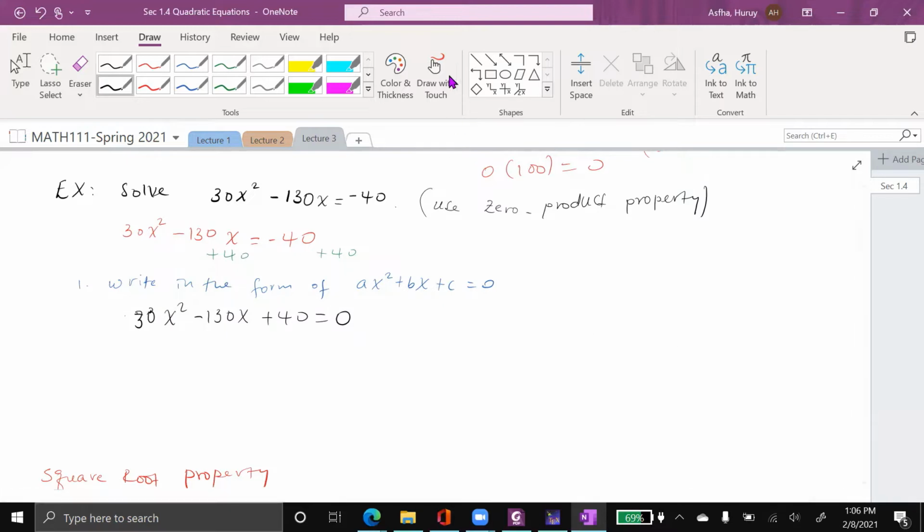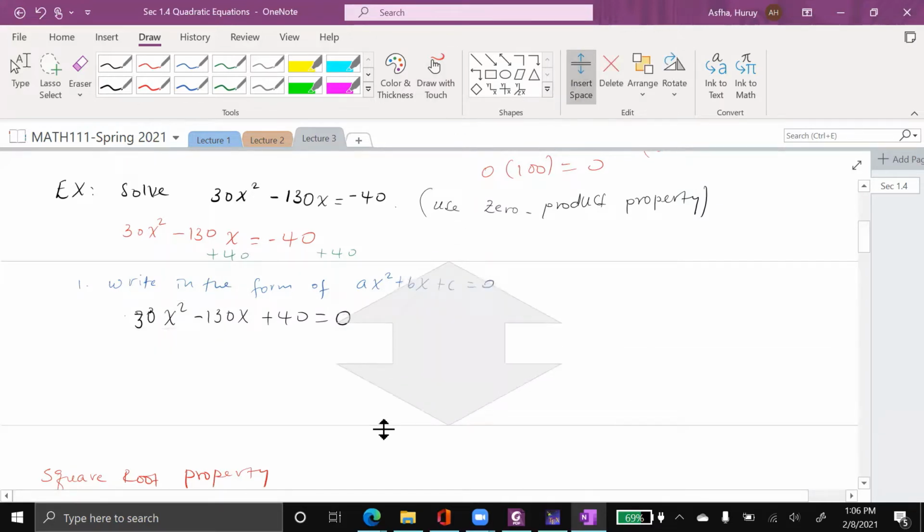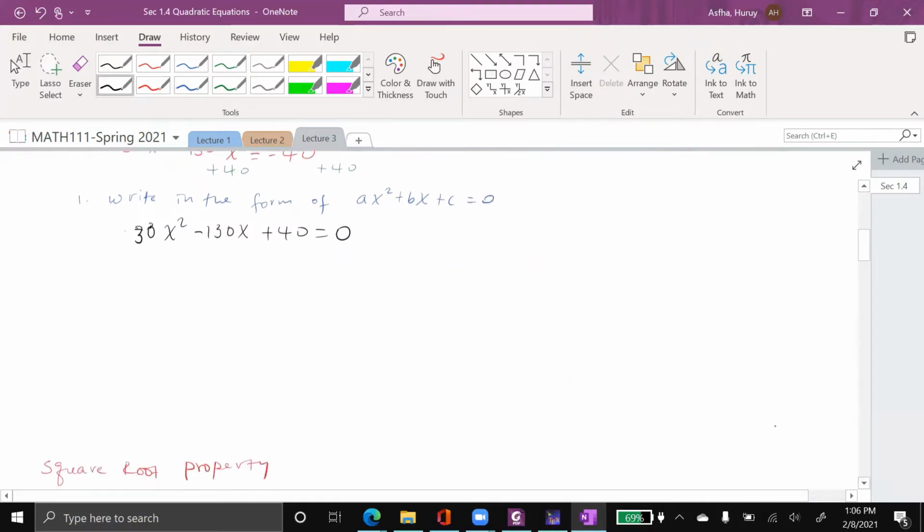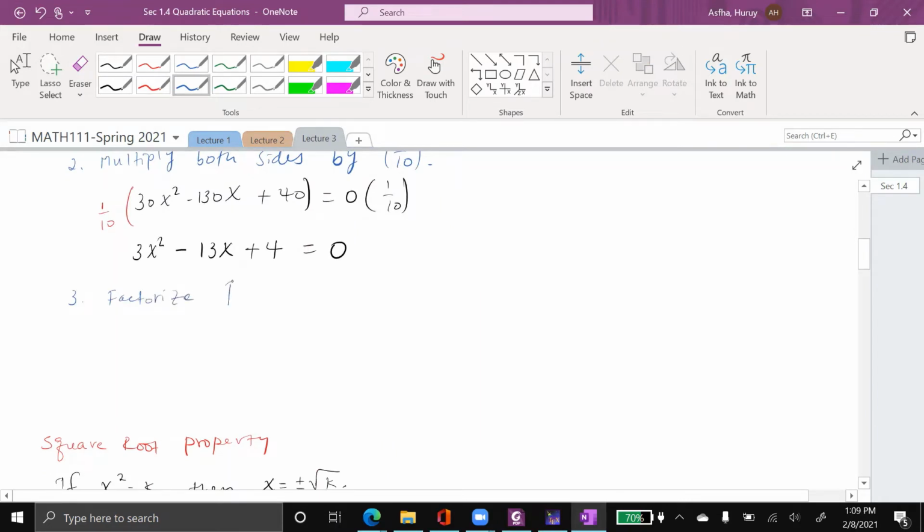Now we factor out the common factor. So here we factor out this, or we multiply both sides by 1 over 10. So factorize this equation. Now, how do we factorize it? Okay, so we have this, and what I wanted to do is write this one as a product of two binomial components or factors. There are different ways, but for such a quadratic equation,